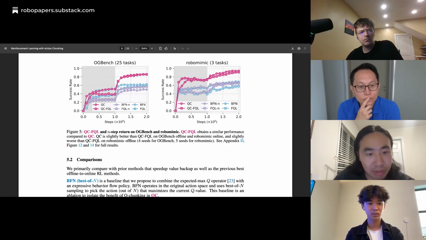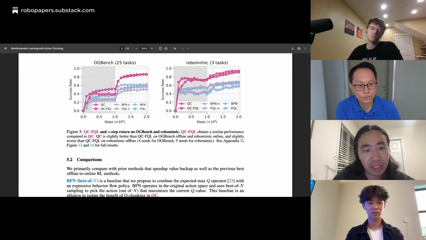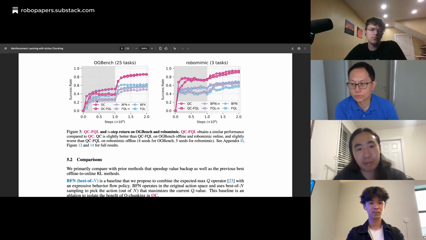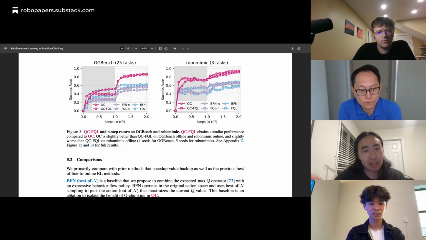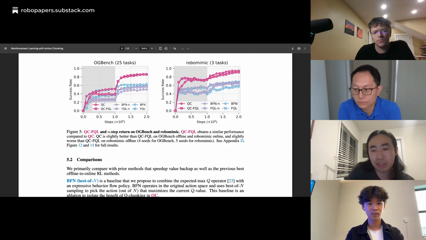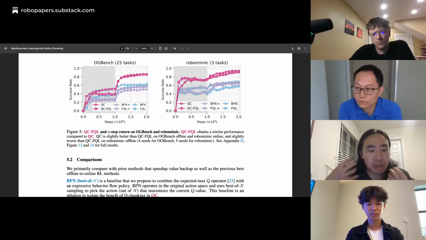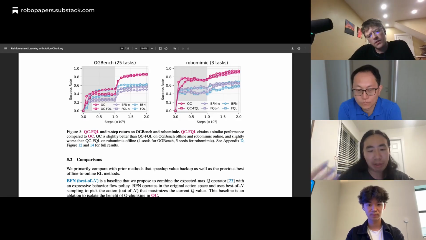Although it does seem to have a good initial starting point, eventually it underperforms both of the Q chunking methods, and oftentimes the baseline method, which is without using the n-step return. So this really shows that training with the chunked critic and chunk policy is necessary for the performance gains that we're seeing right now.